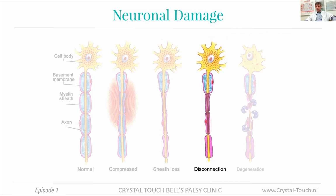What dies is what's called the distal part of the axon, which means the part between the site of damage, which is most of the time, 99%, here in the pyramid of the temporal bone, and the facial muscles. That part of the axon disconnects and then degenerates. And after degeneration has taken place, the immune system activates its resources and clears up all debris from the dead axon, from dead Schwann cells, and so the regeneration can